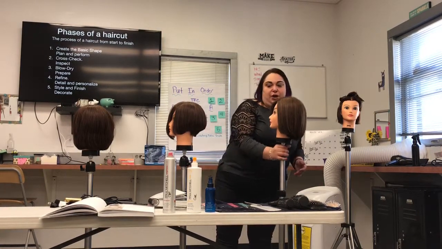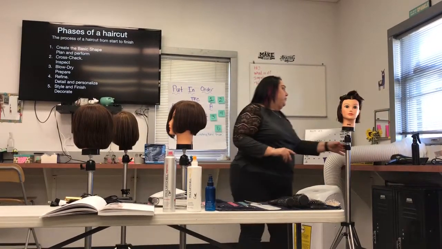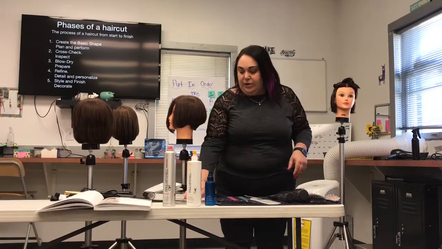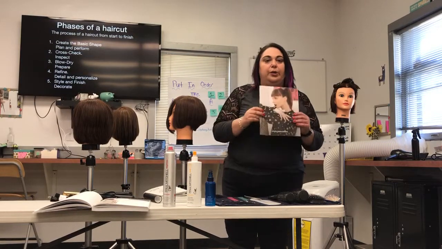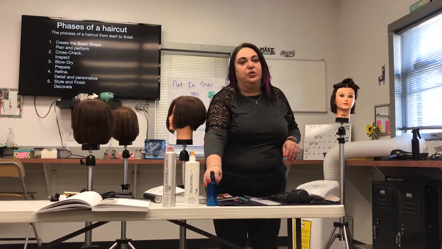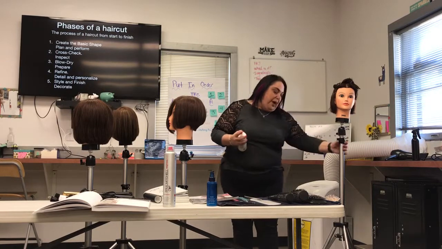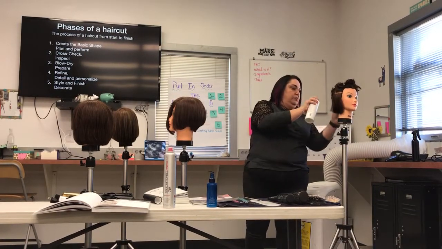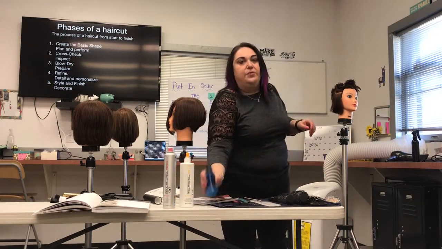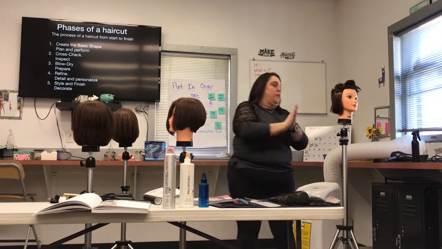So right over here, we're going to go ahead and we're going to do a blow dry. And we're going to talk about some product. And you're able to find all this product in our product workbook. So we have our foundation, we have our muscle, and then we have our finishing product. So the first thing we're going to do is spray our foundation product in. And then we're going to go ahead and put our foundation in, our muscle product,